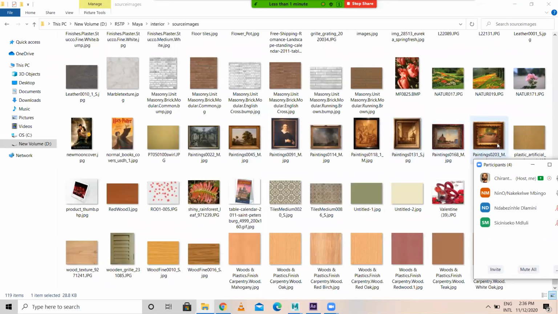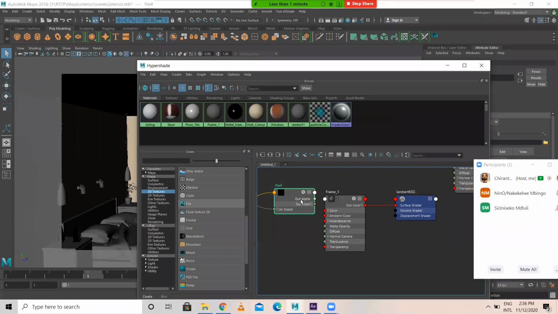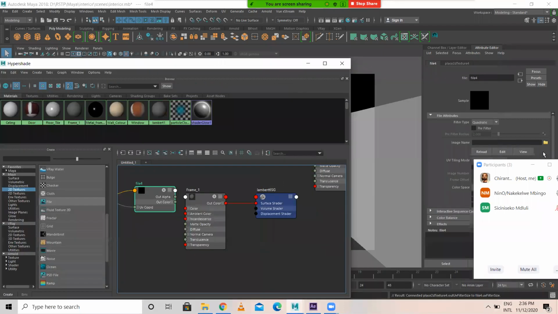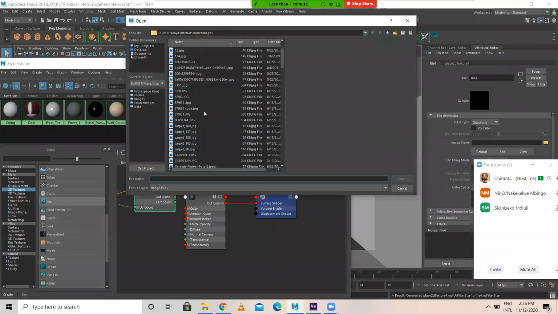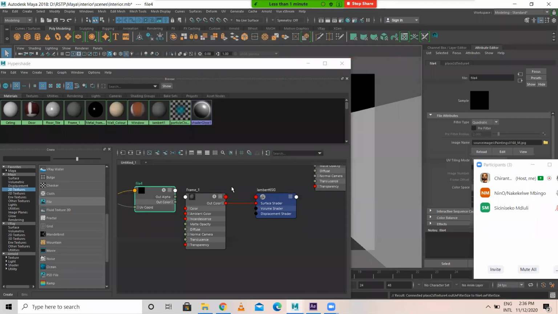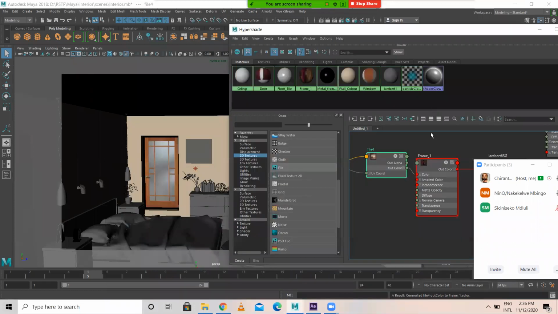Painting 168, painting 0045. So select this, click here, painting 168. Yep, it's here. Open, connect this from color to color, and I come over here, drag and drop here. Okay,